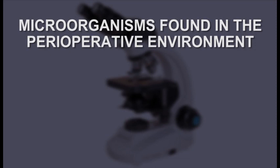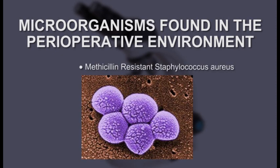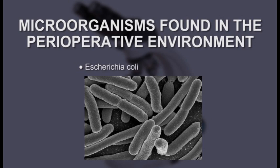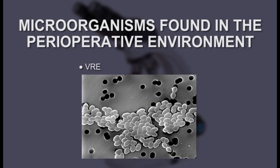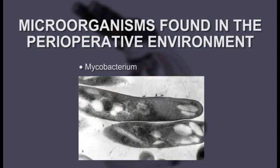Before we actually get into the mechanics of cleaning and disinfection, let's review some of the pathogens that are commonly found in the perioperative environment. Infections may be caused by single organisms or combinations of these microorganisms. Methicillin-resistant Staphylococcus aureus, Escherichia coli, VRE, Streptococcus, Mycobacterium,